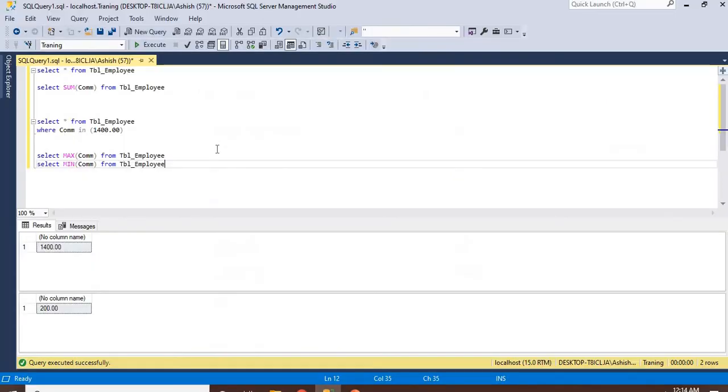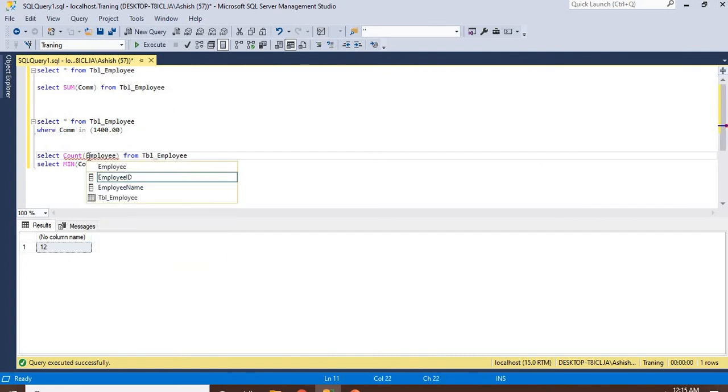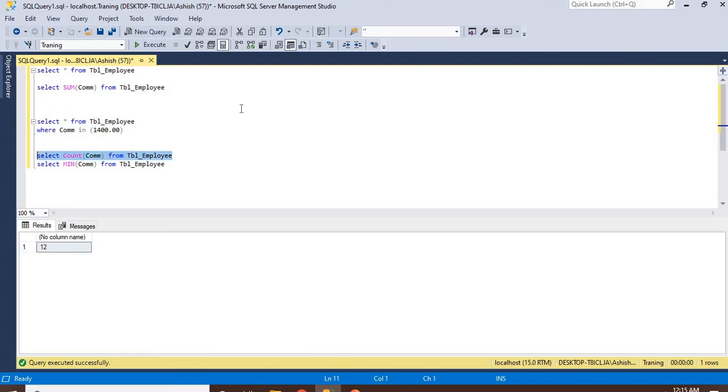From the name we can understand what count does. You need to give a star, or you can give a number also. There are 12 employees. One more thing: if you write employee ID in the count, this will also work. But if you write commission and run it, only 4 are returned. Why?